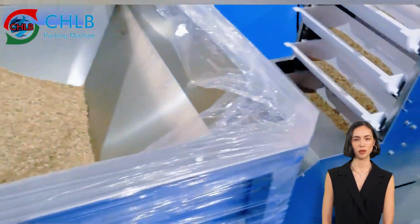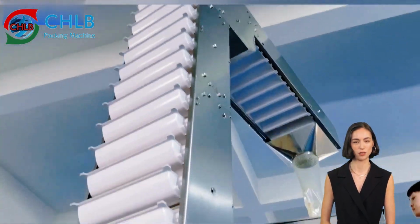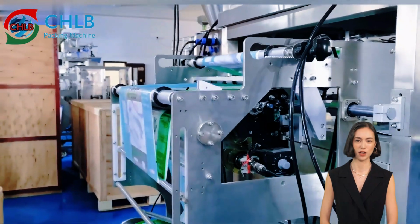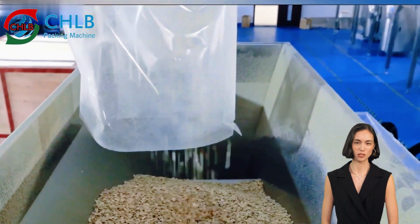In the rapidly developing modern production environment, packaging efficiency and quality are crucial to enterprises. Today, we will introduce you to a packaging equipment that combines intelligence and efficiency, the automatic granule packing machine. This machine is specially designed for granular nuts and mixed nuts, helping your production line to reach a new level